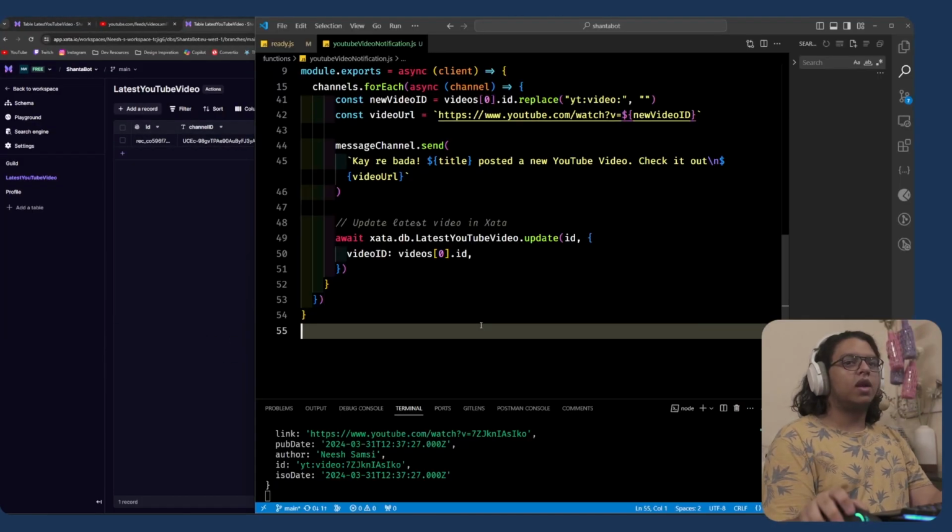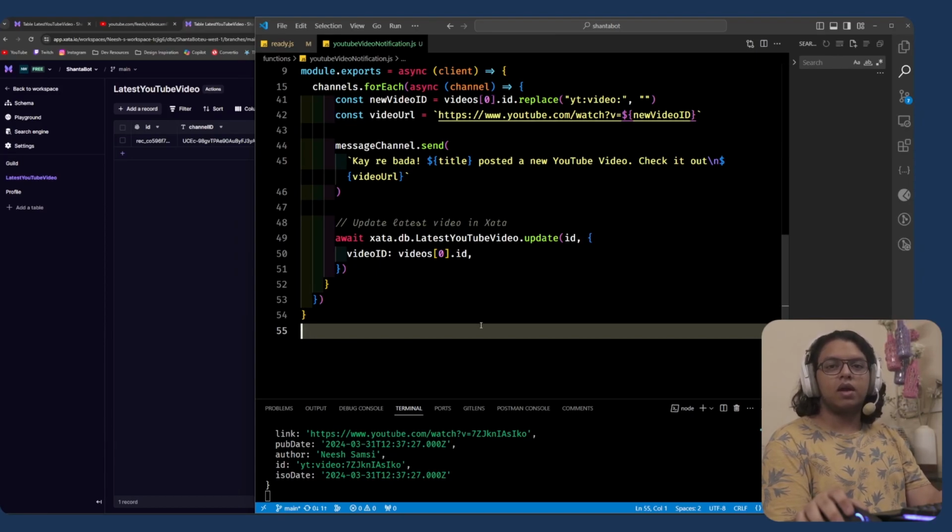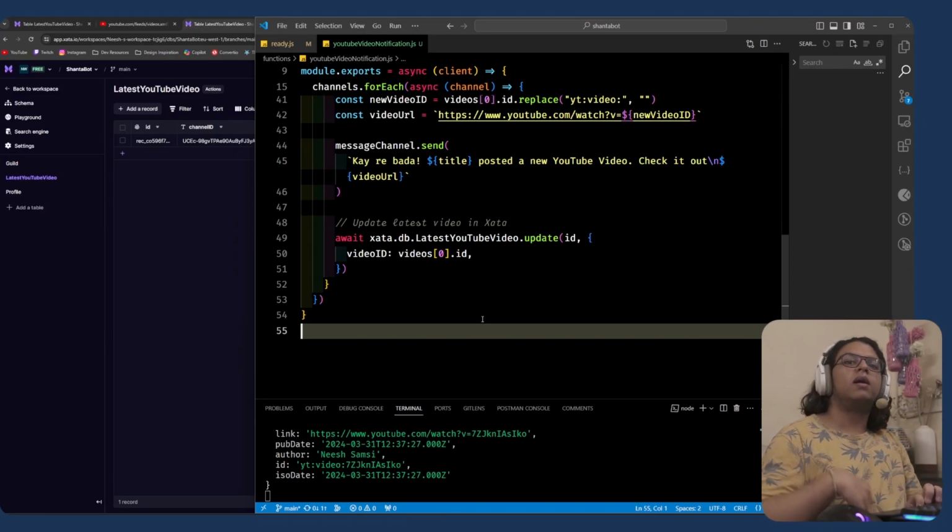database. So now all that's left is to run this on some sort of timer so that it runs every couple of minutes, and as soon as the XML feed updates, it's going to send a message into Discord and update the database so that the next iteration of the function knows that the updated XML feed is no longer fresh until a new video is posted.